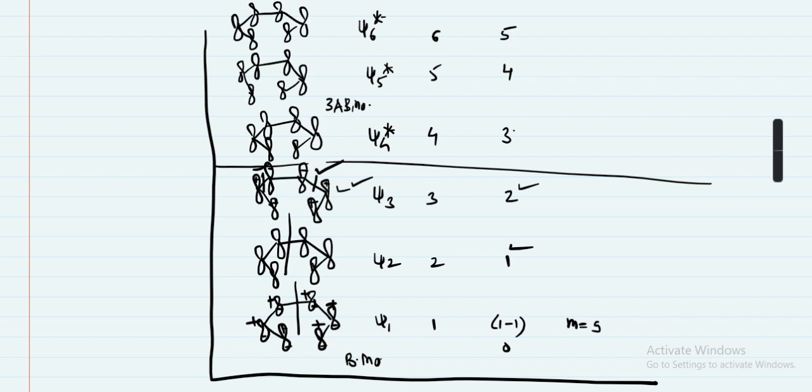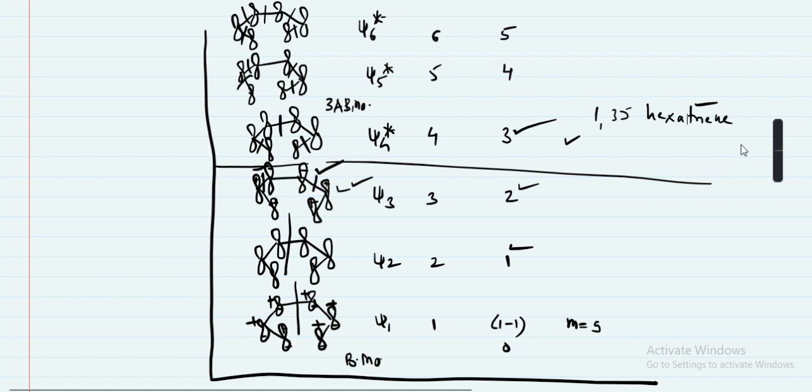Then like that you can also give the 3 nodes. You have to give the nodes like that, because it is anti-bonding, therefore you have to maintain such type of 4, 1, 2, and then the sign changes. For each node, fifth, 1, 2, 3, 4, 5. Like that way you can also construct the 1,3,5 hexatriene molecule. Like that way we have today discussed how to draw the pi molecular orbitals. Thank you very much.